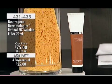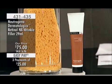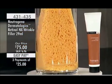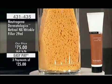Okay, fantastic. So once again, everyone, this is the wrinkle filler from Neutrogena Dermatologics. It's the Retinol NX wrinkle filler. Interesting to hear, and the analogy with the sponge. If you feel like you've just lost that volume, and I remember the first time I kind